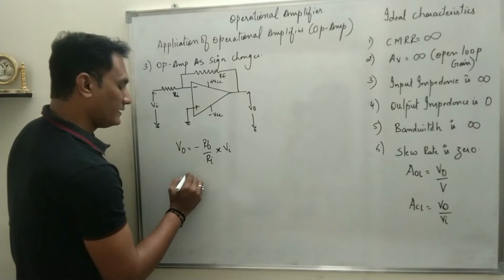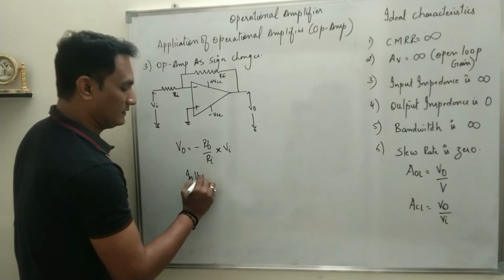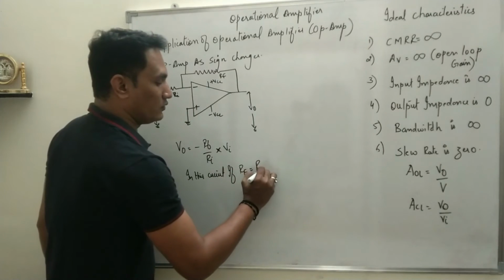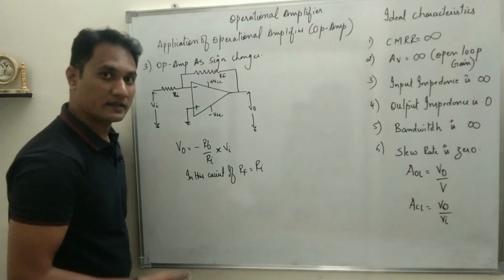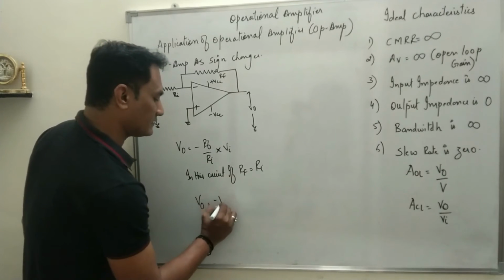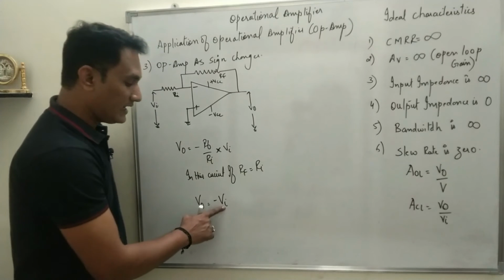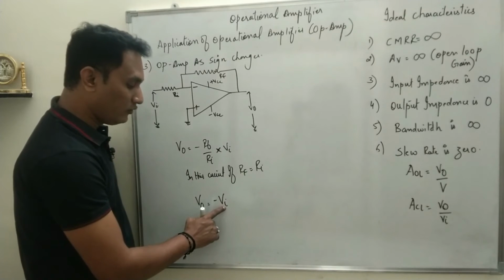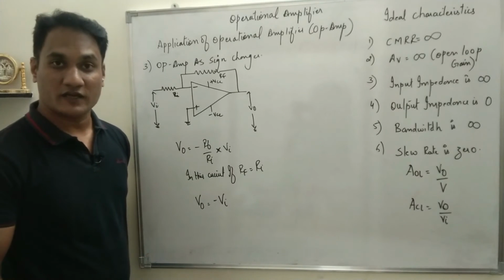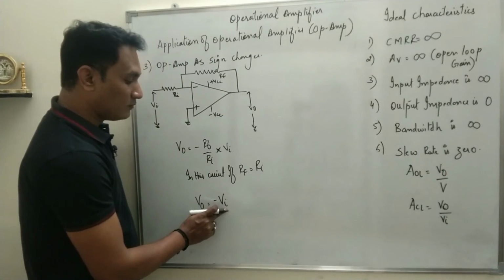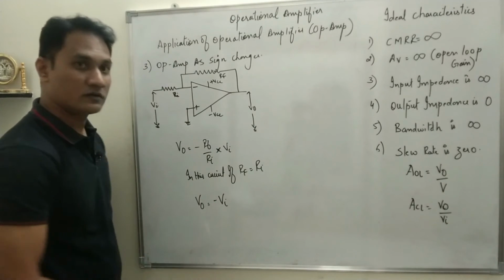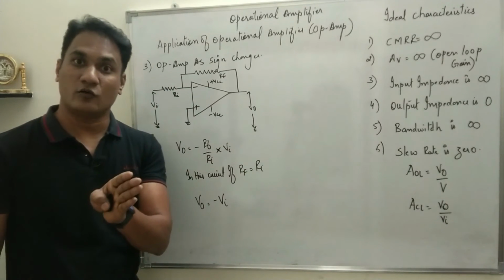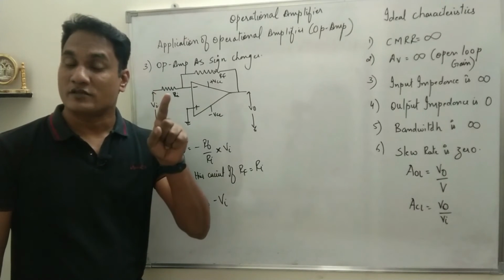Now in this circuit, if Rf is equal to Ri, the value in this equation will be 1. So output voltage is minus of Vi. Vi is the input voltage, V0 is the output voltage, and what you can see is if you give input as 5 volt, what you are going to get at the output is minus 5 volt. If you give input as minus 2.4 volt, the output will be plus 2.4 volts. So what you give at the input, the same you get at the output, that is the voltage level. But what happens to the sign?